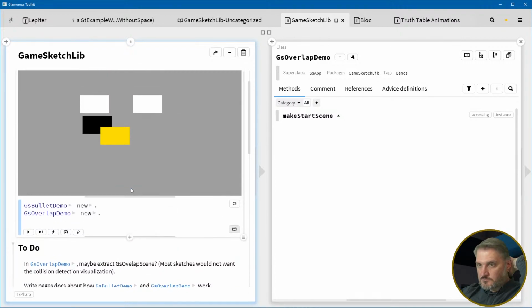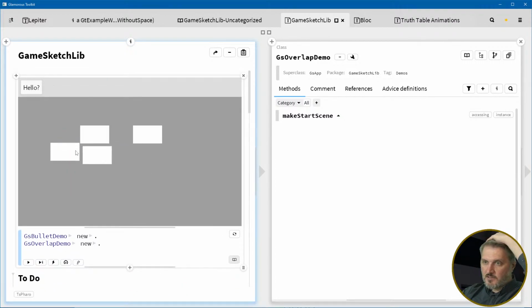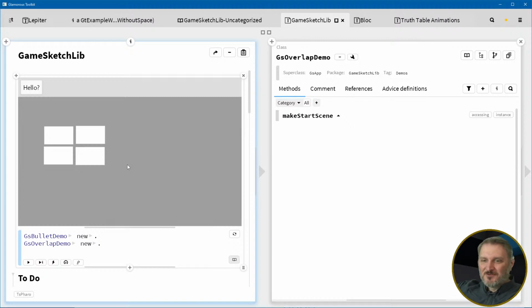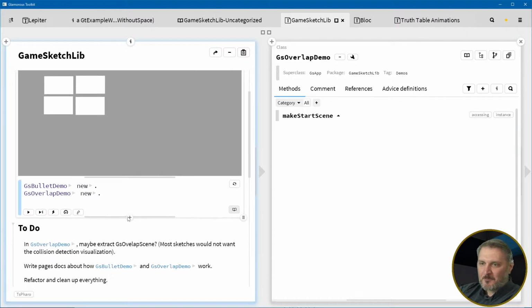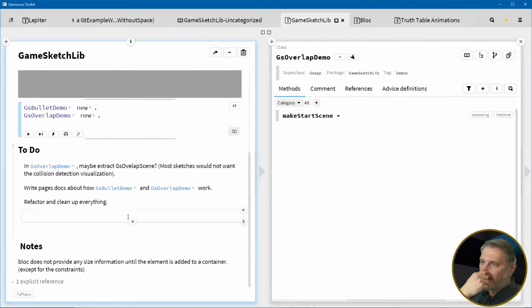Refactor and clean up everything, and then, right. So all these hours of me doing this is going to wind up being a 10-minute demo video at the end, where I present this step by step. So if you're watching all this, you're getting the details, and in the future there'll be a video here that streamlines all this, and I can just present it as these are the basics of block or whatever